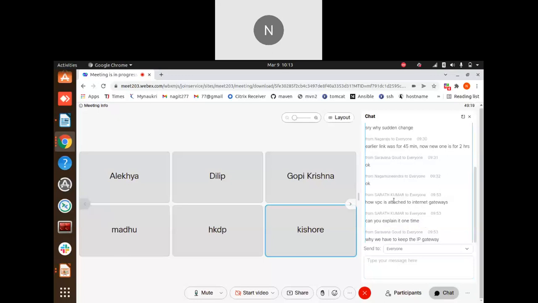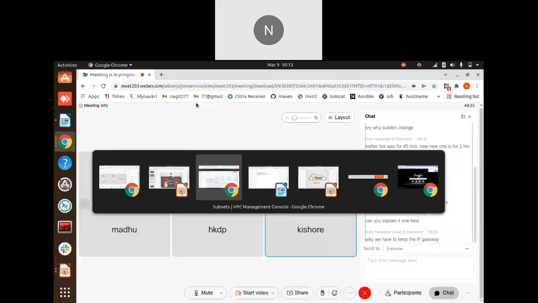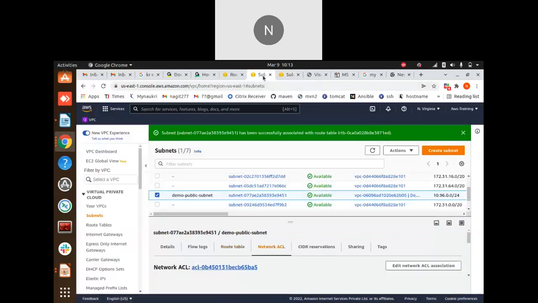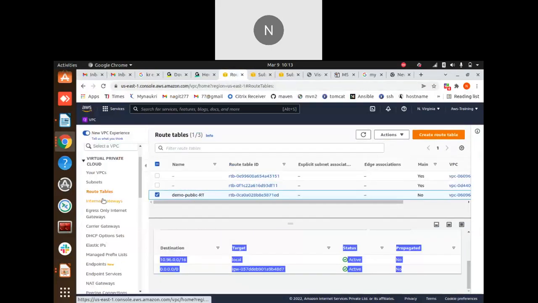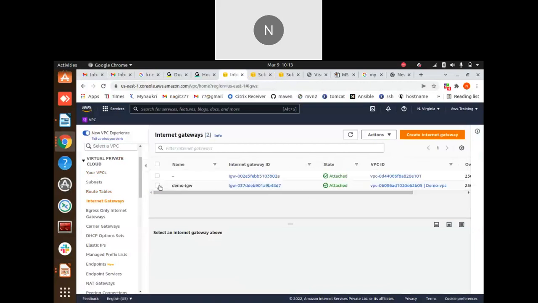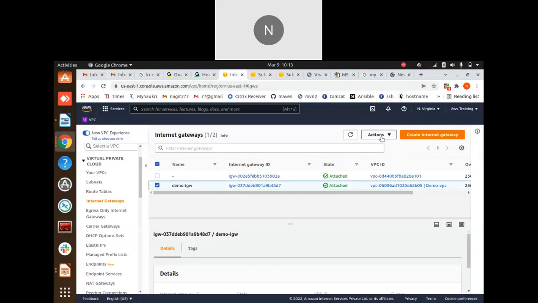How is VPC attached to internet gateways? Yeah, Sharat, I showed you how we can attach. If you go to internet gateways and choose this internet gateway, go to Actions and here Attach to VPC, right? Here the option is disabled because we have already attached it. If it is already attached, you cannot attach it to any other VPC. And if it is a detached one,